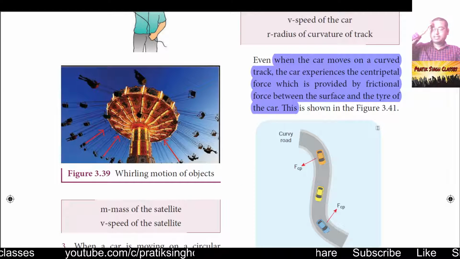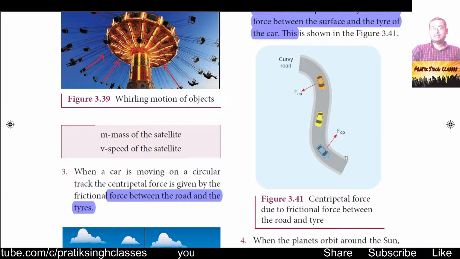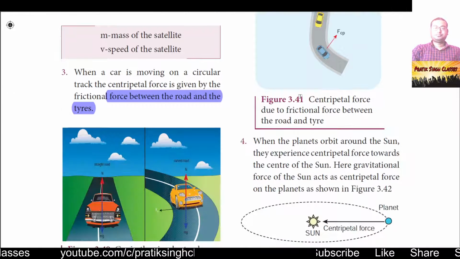Okay, whenever we see any circular path, it need not be a perfect circle, it may be any curve. So as you can see here, at the point of my cursor, that blue color car, as it is moving in this curve, which is curved towards the right side, the centripetal force will act towards the center of the right hand side circle. And here in the upper part, for that saffron color car, the centripetal force will act towards the left hand side center.